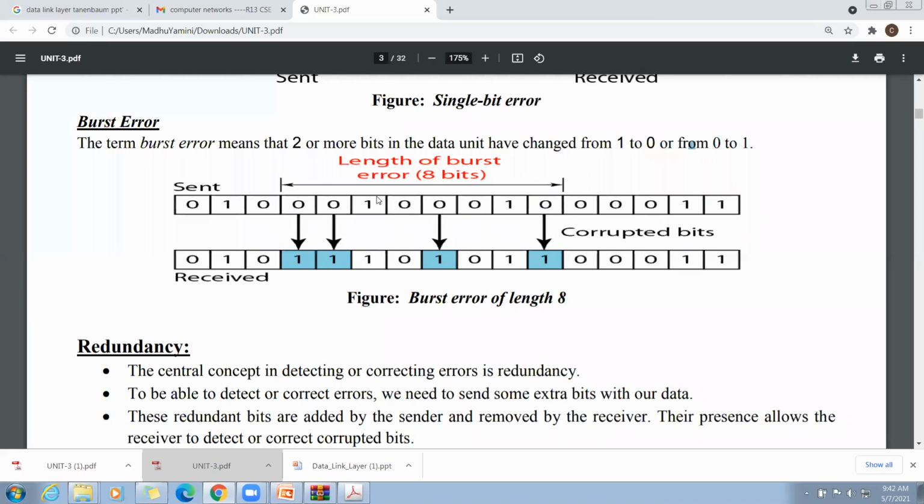So the sent stream and received stream are different. These 4 bits got modified. If 2 or more bits get modified, that is called a burst bit error. These bits are called corrupted bits. This is the types of errors we have.